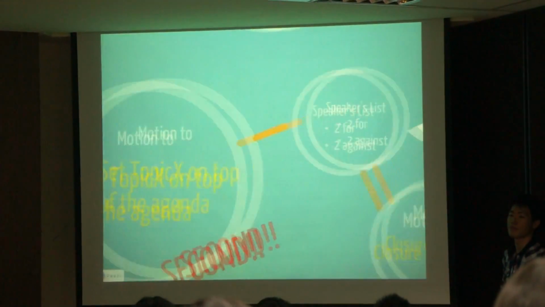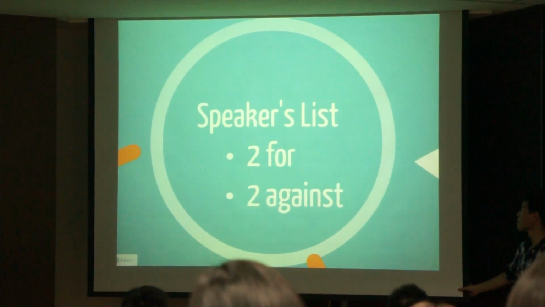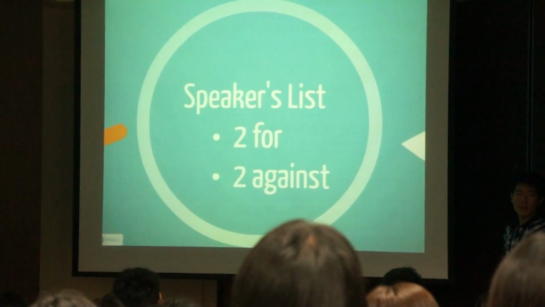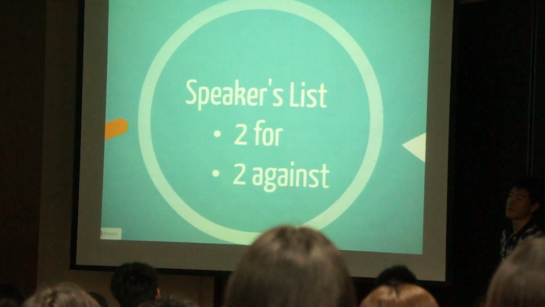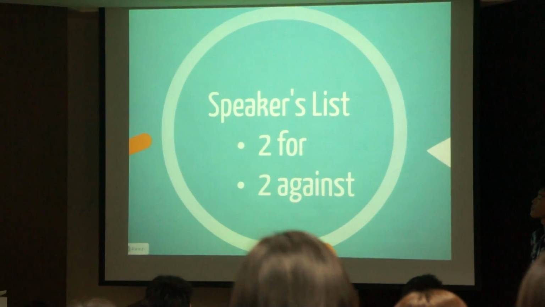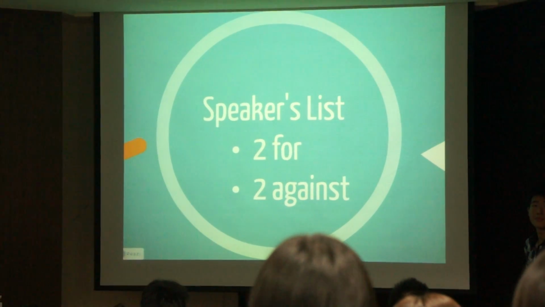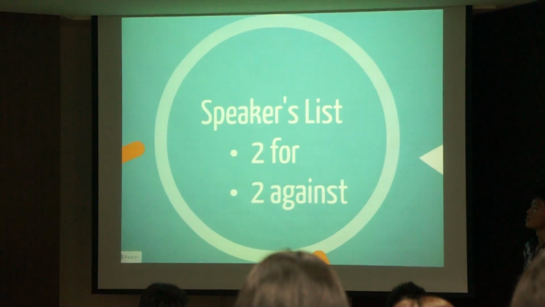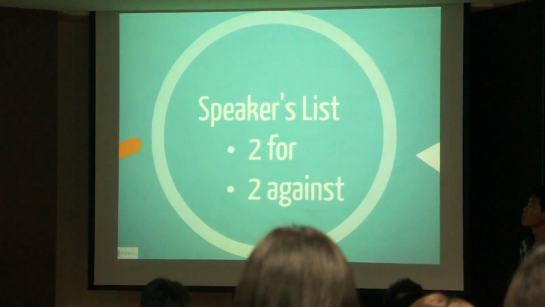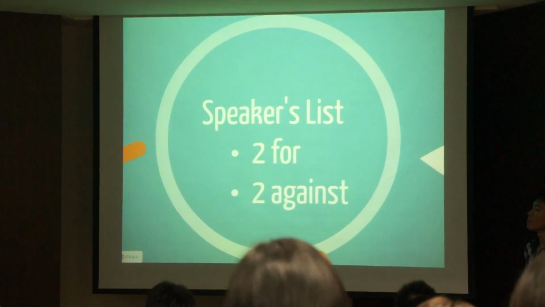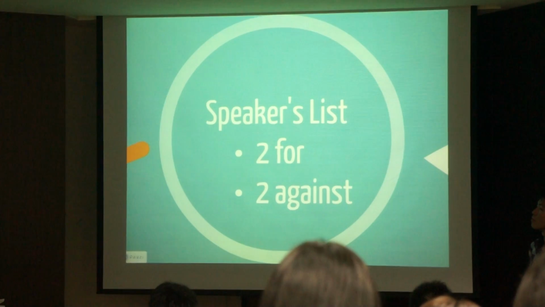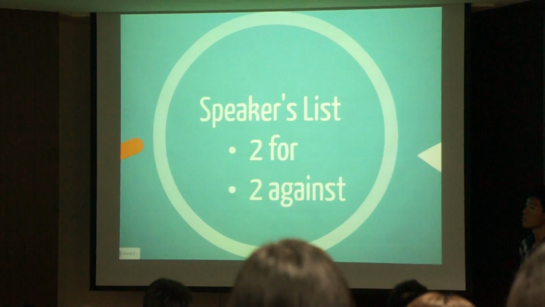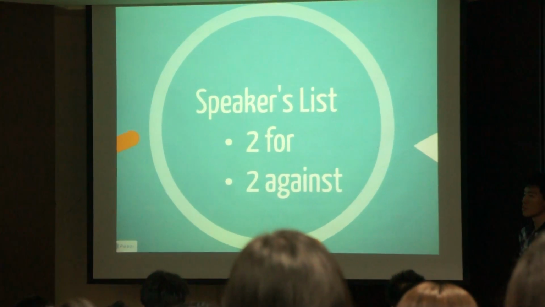So after a motion is raised, the chair will open a speakers list. And during the speakers list, you will have 2 speakers for the motion and 2 speakers against the motion. For example, I as delegate, I want to discuss South Sudan. I don't want to discuss, say Coney 2012. Then a motion is raised to discuss South Sudan. Then I will be a speaker for South Sudan. And for example, if Eva wants to discuss Coney 2012, she will speak against putting South Sudan on top of the agenda during this process.